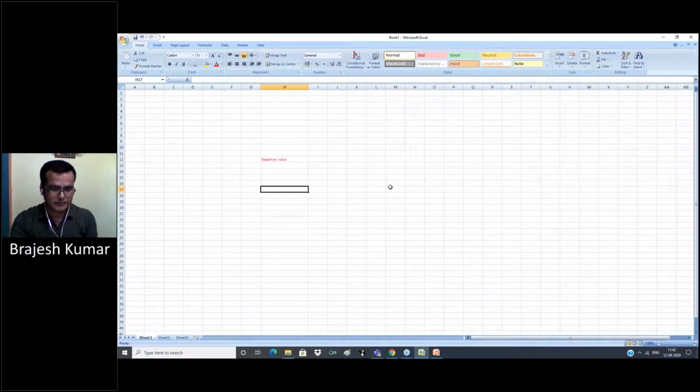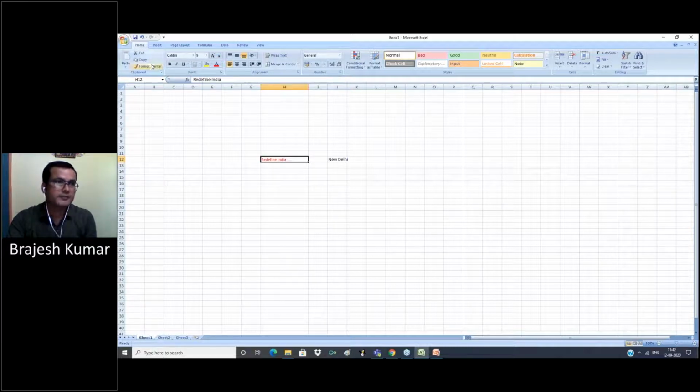Now we want the same format for this option also. It is not feasible to go again, select and go one by one for all options. For that we use the format painter.